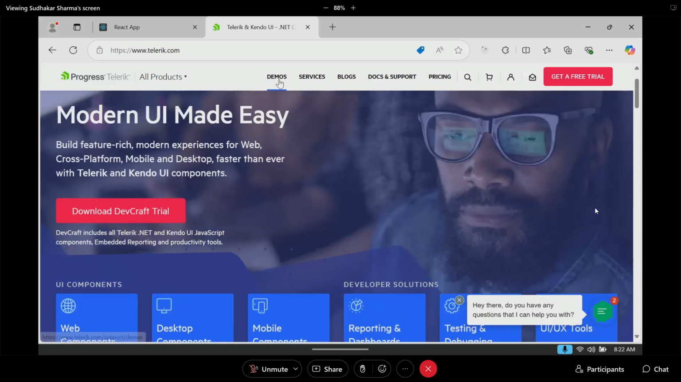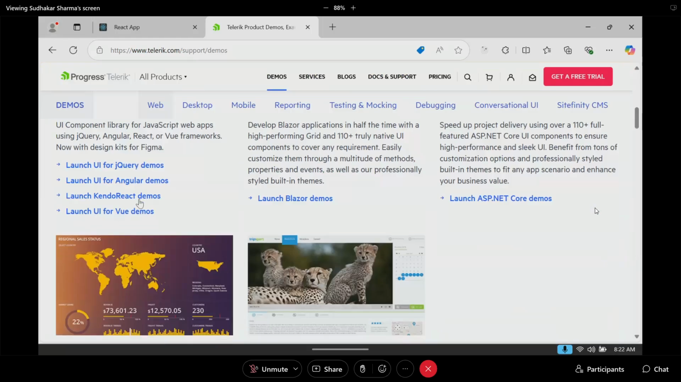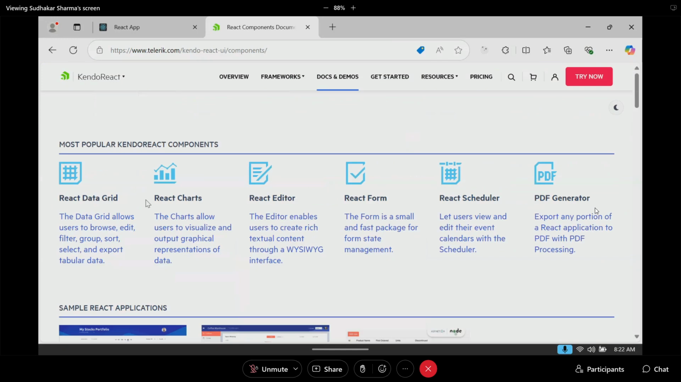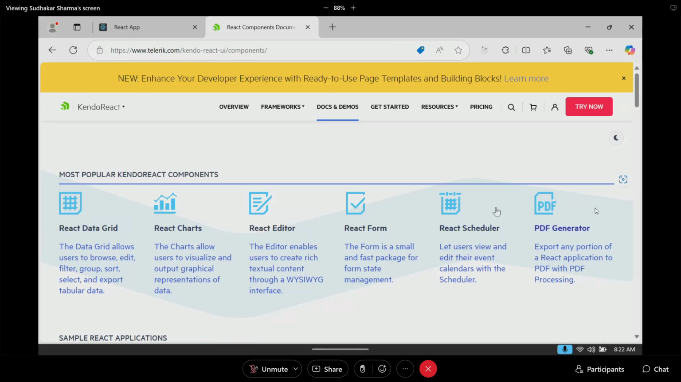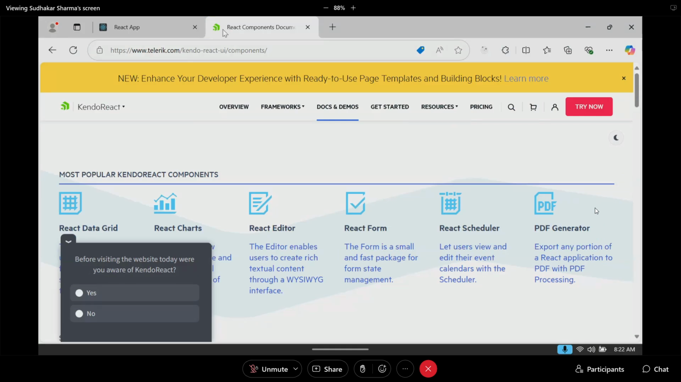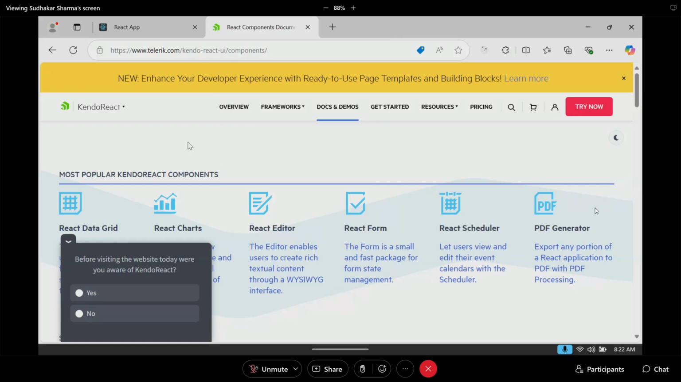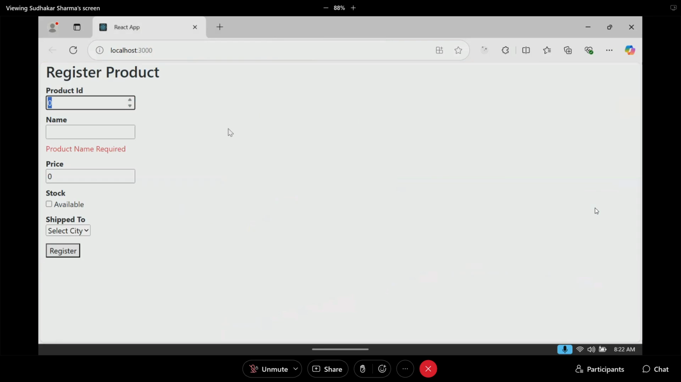And Telerik is not free, it's a paid one. When we go to the demos, it will provide you React demos. In that, they have the concept of working with React forms. They provide separate React forms. So it is important to use these third parties and work with them. The UI for Telerik, they call it Kendo. Kendo is the name of their React components. So now we will see how to handle this by using